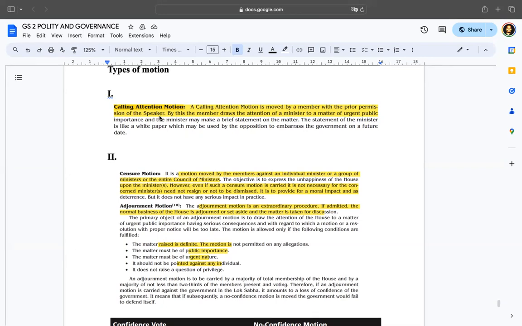तो सिंपल क्लोजर, सिंपल क्लोजर में यही है कि आपने हाउस के अंदर बोल दिया कि भाई आप लोगों ने बहुत चर्चा कर ली है, अब आप इसको बंद कीजिए। When a member moves that the matter is already discussed sufficiently, please shut it out and put this matter to vote. तो सिंपल क्लोजर के तहत डिबेट बंद हुई और इसको भी बोला जाता है क्लोजर मोशन। ये कोई मुद्दा चल रहा था, क्लोज हो गया।